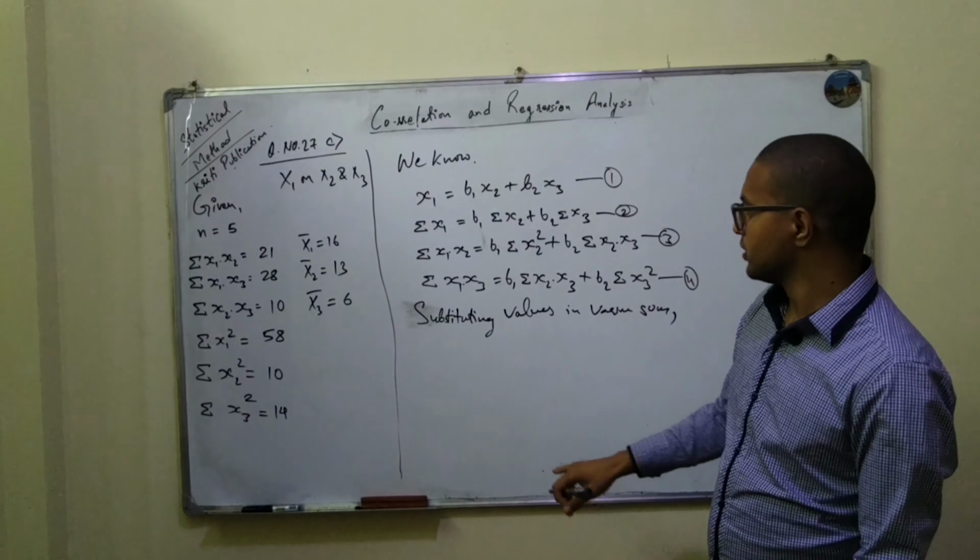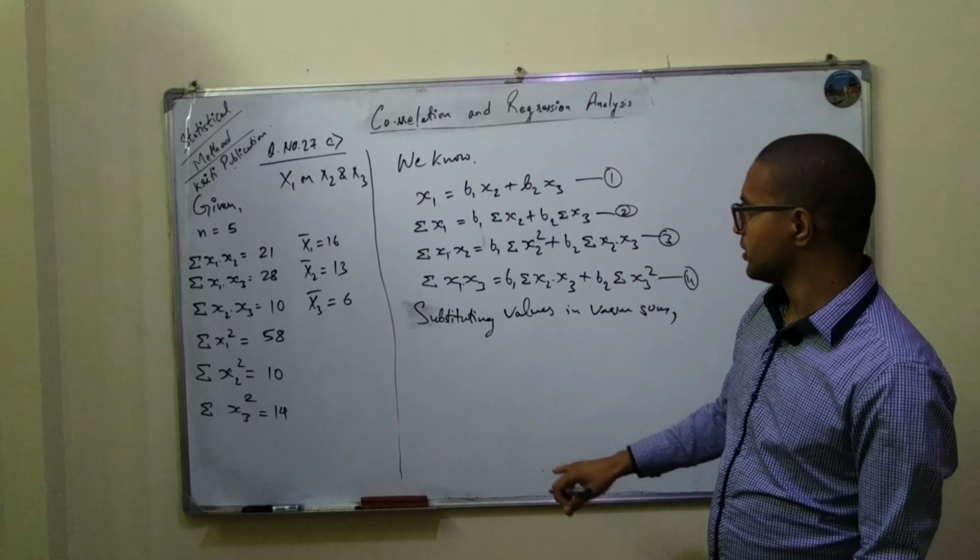Okay, so x1 dot x2 is 21, right? And then x2 whole square is 10 b1 plus b2, x2 dot x3,